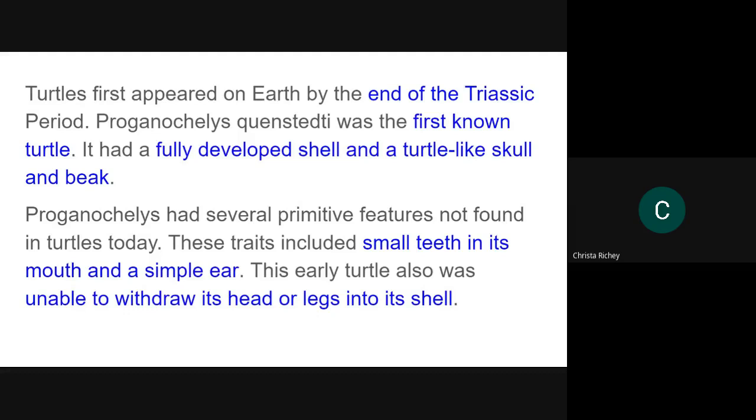I know turtles make noises. I listened to Galapagos turtles try to make babies when I visited the Philly Zoo with my 3-year-old daughter, and they, of course, were doing their turtle thing. We thought it was lions roaring. No, that's not what it was. It was the male Galapagos turtle trying to make babies with the female Galapagos turtle. But anyways, aside from that, your early turtles did not have the ability to pull themselves up inside their shell. That was just an evolutionary adaptation that happened over time.